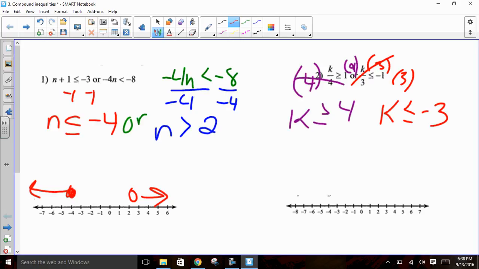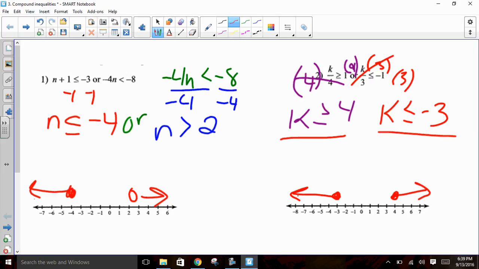So when I do the graph on this one, I don't have my numbers in the correct order, so to say. My first one is talking about 4, which is right here. It's going to be greater than or equal to, so I have that filled in circle. And that purple part is going to get shaded to the right. When I'm looking at the second part, I'm going to have a filled in circle over negative 3